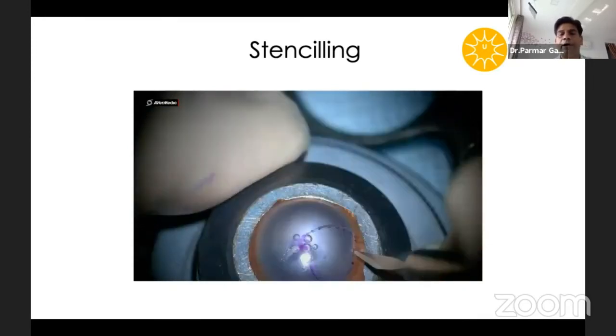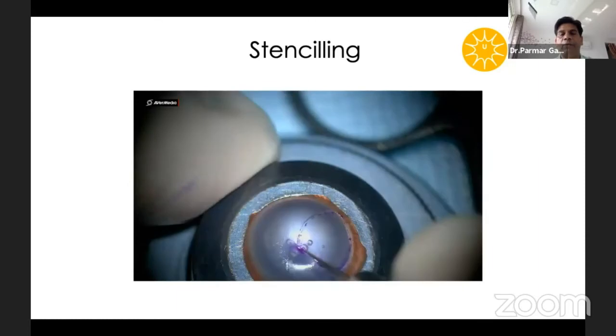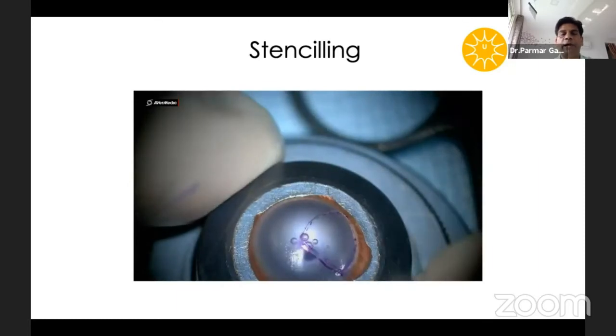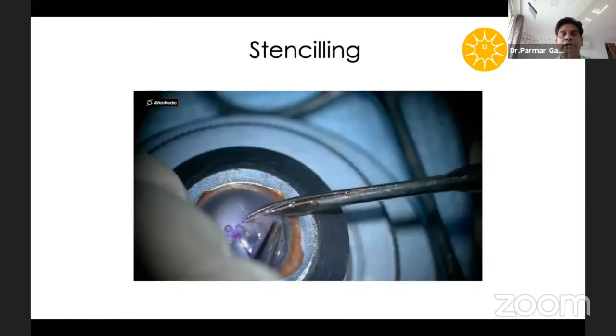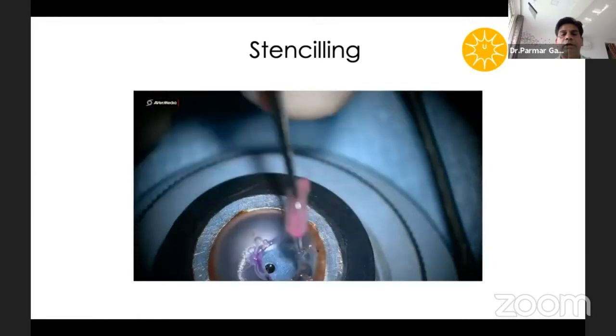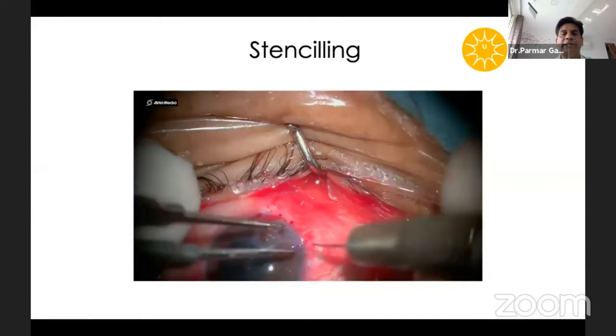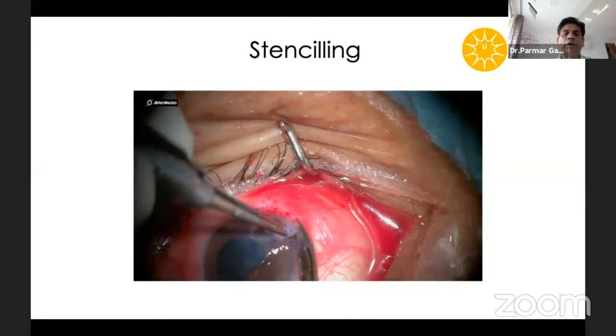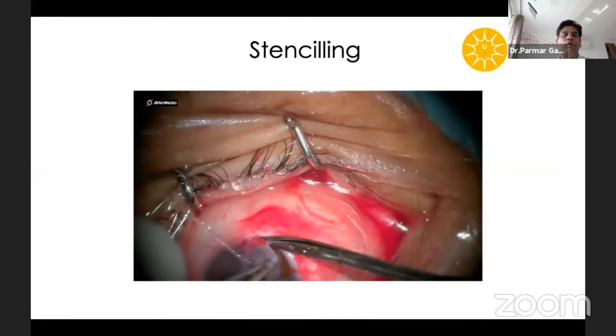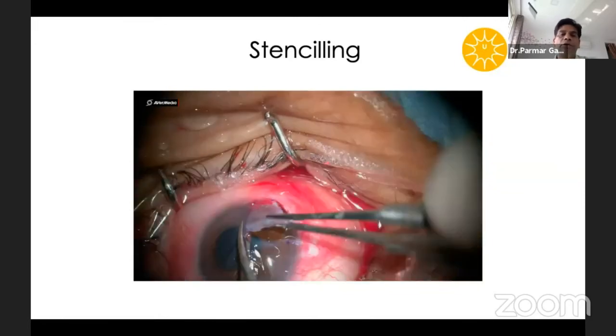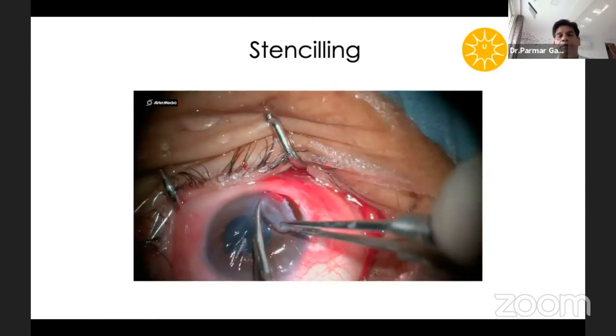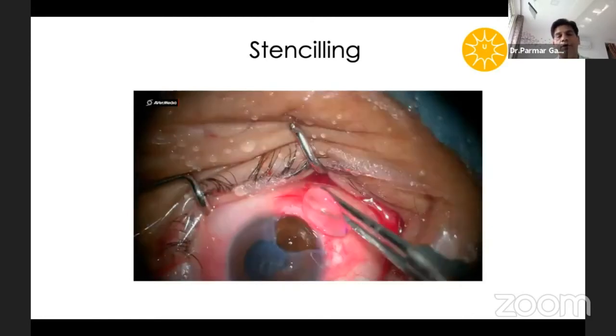So I dissected it with the help of side port scissors followed by curved Vannas scissors. I dissected out the donor button, and then I excised the diseased cornea along the markings which I made before, so that you can achieve a good sizing of the donor button.